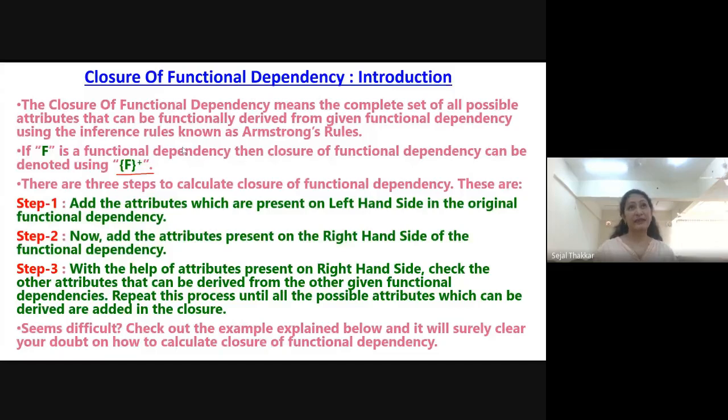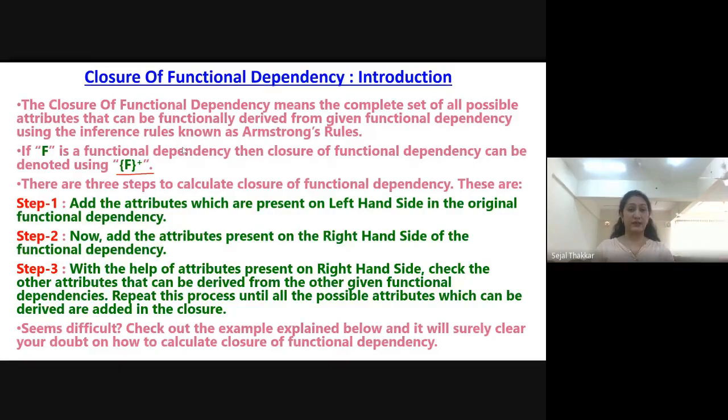For example, if I talk about the student, then student ID number is a primary key for the student. If I talk about the book, then ISBN number is the primary key for that particular book. If I'm talking about the country, then country has a country code. If I talk about the city, then city has a city code or pin code. So these are the attributes which are unique, worldwide unique, and which are not null, right? It doesn't have any copy of that particular thing.